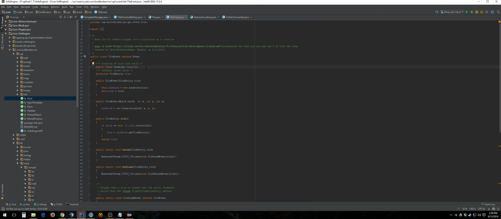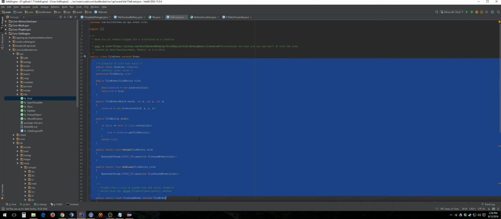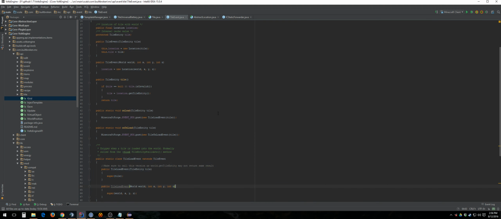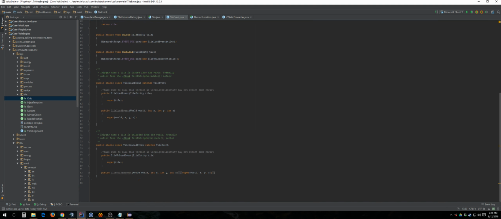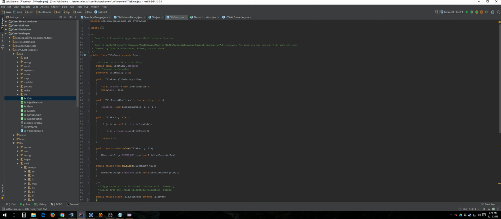It helps with readability. Because I can look at this, I don't even have to look at the rest of this. This whole entire part is not important. I can look at that document at the top and say, hey, this is a base for all of my tile events. And I can look at the document here. Hey, this is triggered when the tile loads. This is triggered when the tile unloads. I don't have to read the rest of it. It's encapsulated in perception. All I have to do is maybe trigger these.